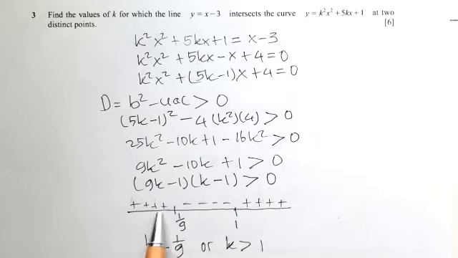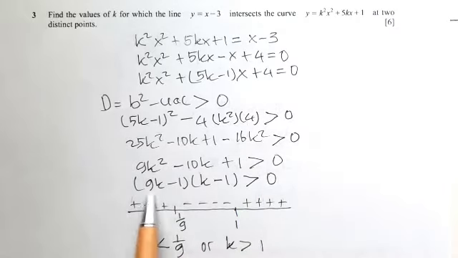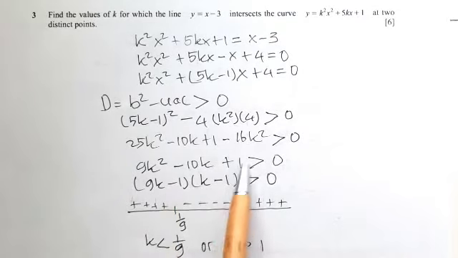Here, for example, we choose k equals 0. Here, when we substitute k equals 0, we obtain plus 1. Thus we need only the sign, plus 1. That is why the sign here is plus, and here will be negative, and here will be positive. Yes, we can check, for example, if we choose k equals 2 here, we substitute in this quadratic, we will find the value of this will be plus.